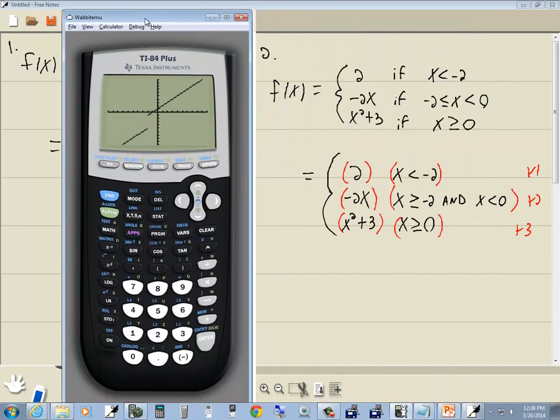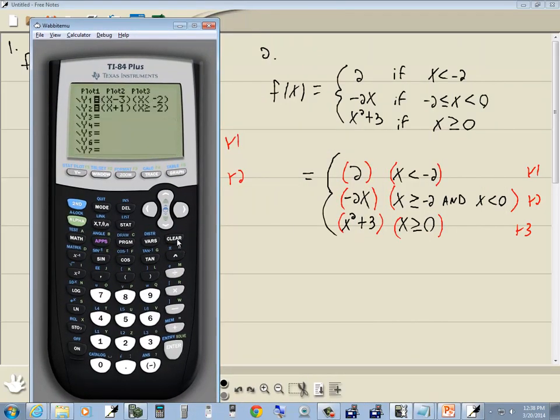Okay, let's see what that looks like. So I'll press Y equals, I'll press clear on Y1, go down to Y2, clear that out. Okay, so we've got beginning parentheses 2, closing parentheses, beginning parentheses, x. Remember the less thans are underneath your test menu. So I do second math, and less than is my fifth one. And then negative 2, closing parentheses. Now down arrow to Y2, and I got beginning parentheses, negative 2x, closing parentheses, beginning parentheses, x is greater than or equal to, so I'll do second math, go in the test menu. Greater than or equal to is number 4, so do 4,